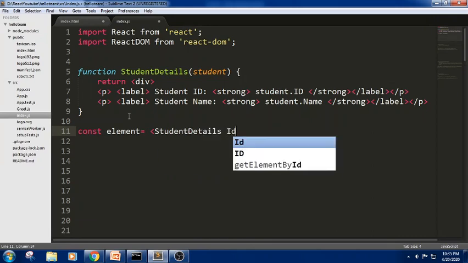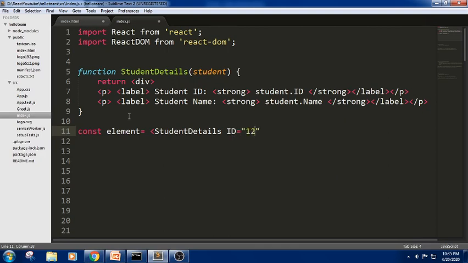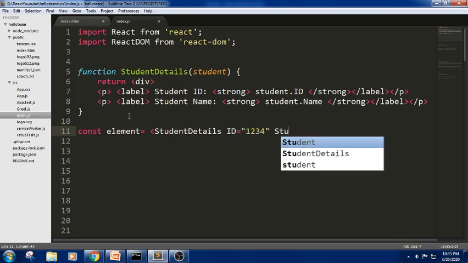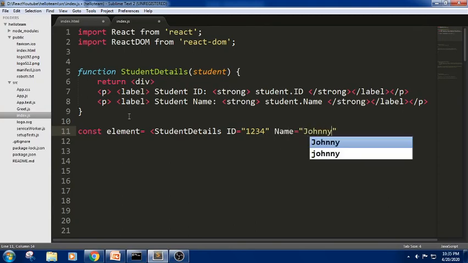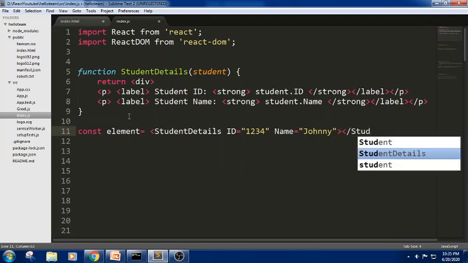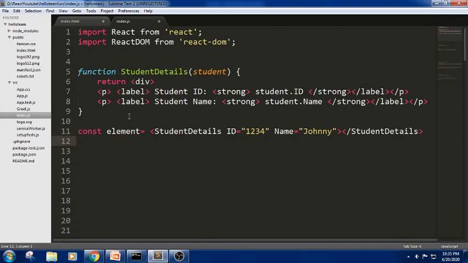In this I'm trying to pass the values, student ID and next we have defined name. So I'm trying to pass two values here. I'm just enclosing this. Next, in order to render this in the browser, we pass element and document.getElementById of root.